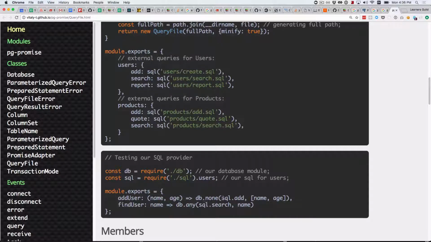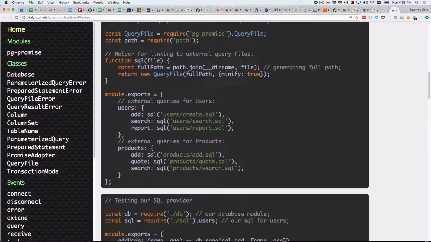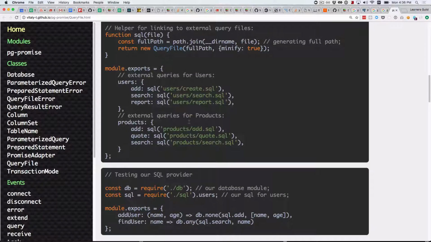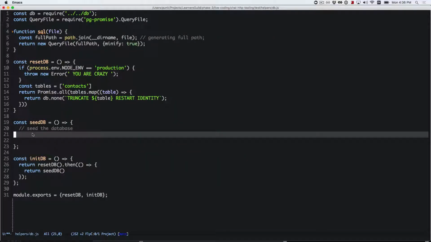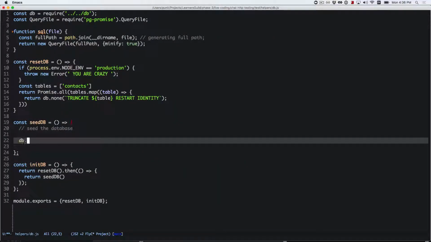I see. So I could just say SQL.add. Add the SQL route. DB.none and whatever you set that SQL function to. So seed DB would just be DB dot none SQL of,